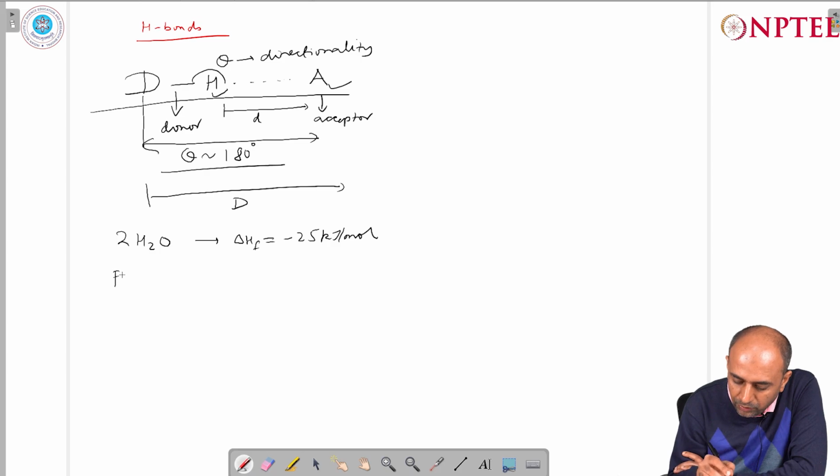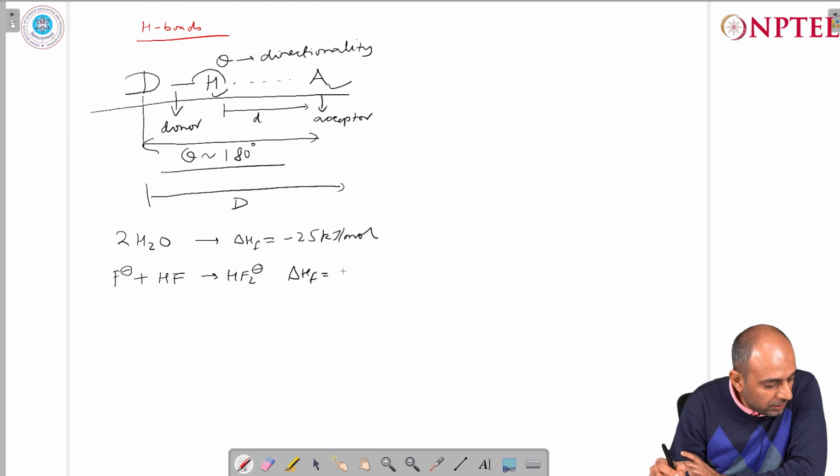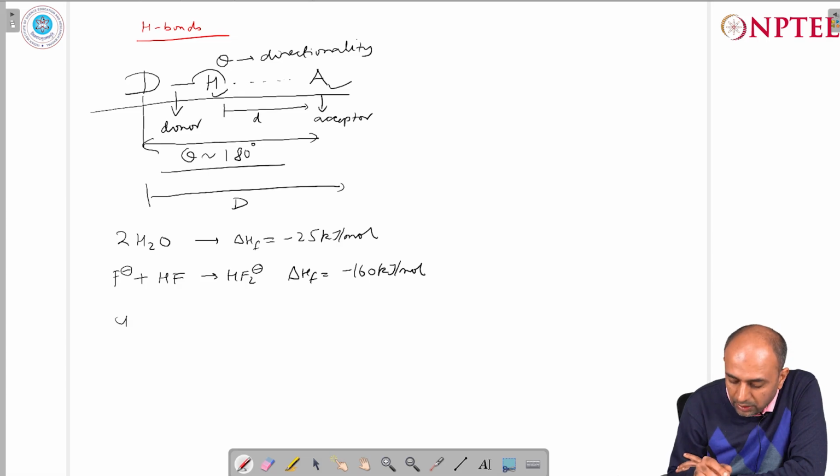Compared to that, if an ion like fluoride interacts with HF to give you HF2 minus, then the heat of formation is 160 kilojoule per mole. When you consider a molecule having a permanent dipole moment, for example acetone, interacting with hydrofluoric acid, it leads to the formation of a hydrogen bonded complex,